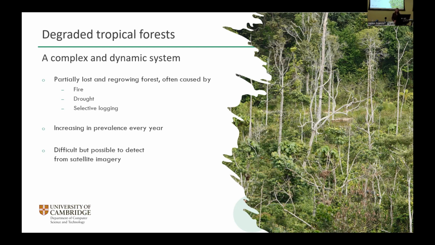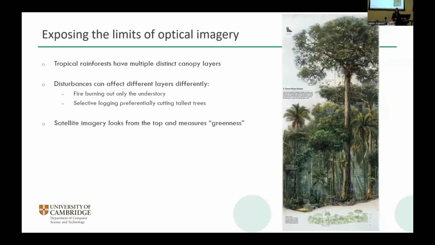rainforest. Degradation is difficult to detect from satellite imagery, but there have actually been some really big advances in this space in the last 5 years, and we've gotten pretty good at detecting it. But where satellite imagery starts to fall short is in trying to quantify or measure the impacts of those changes in any real way. So to think about this problem, we have to understand that the Amazon rainforest has a